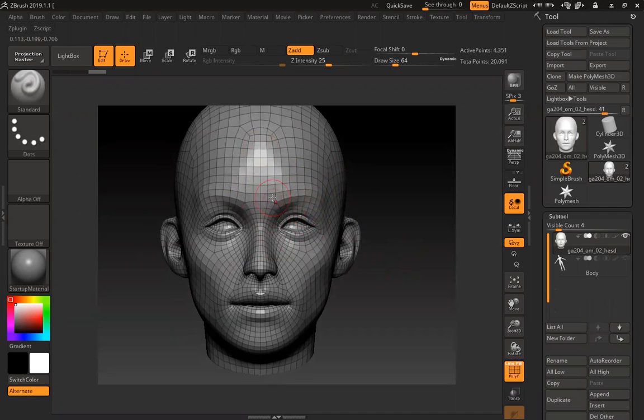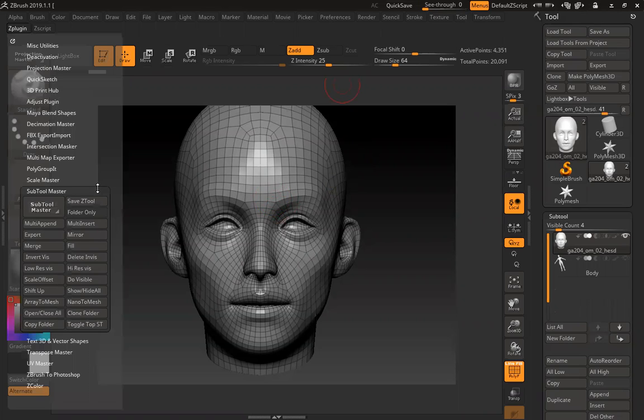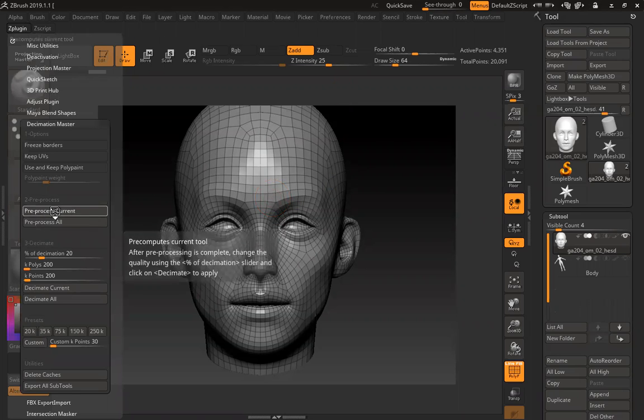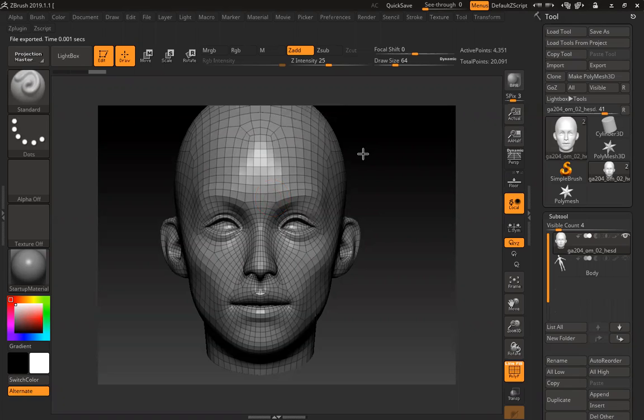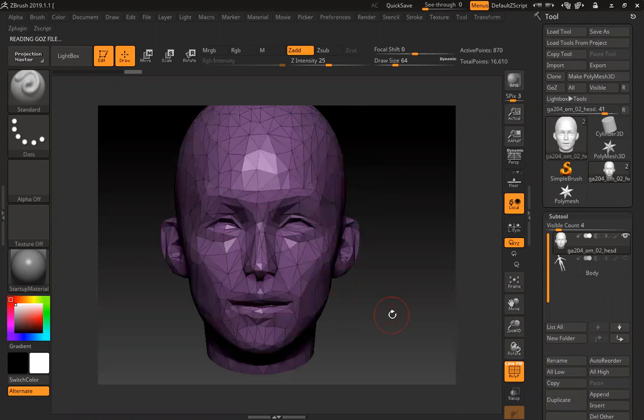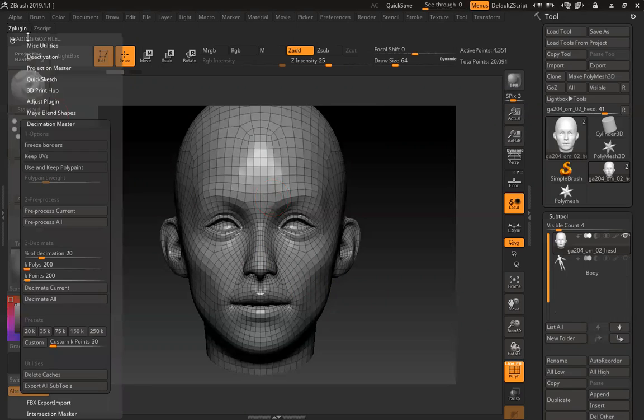Oh, okay. Because this model is completely a different model. It's not related to your low poly. I'm going to build a low poly on top of this. So let's see, just to make you understand easily, I'll simply decimate the model, so that this entire loop will go. Preprocess current. Okay, still working. Done. And decimate. Right? It's very low, so it's too much. So make it like 50%, something like 30-40%.